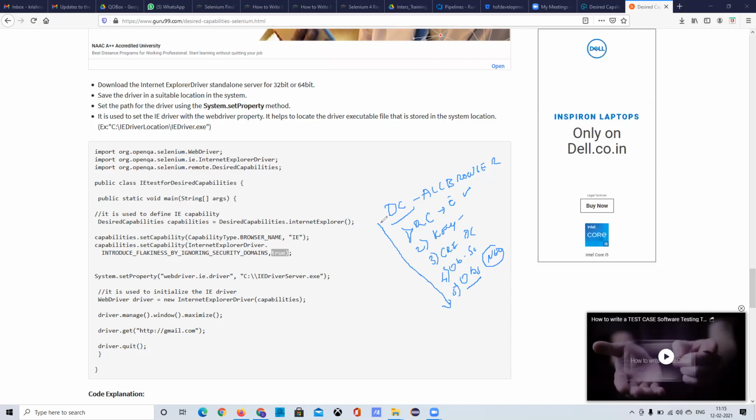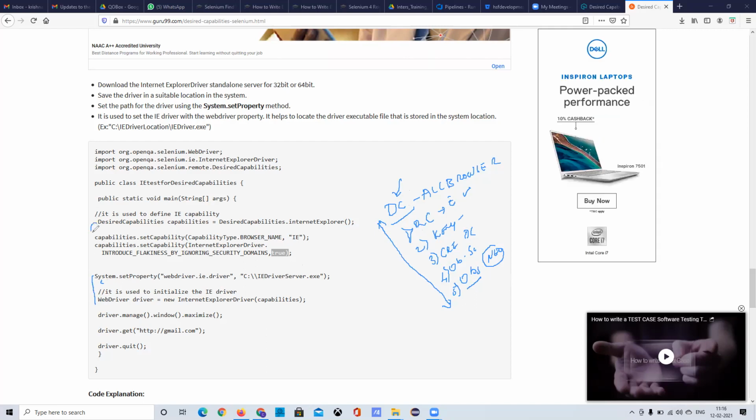Because if you go and see many of the videos, we will not find clarity about desired capabilities, and why we are not using desired capabilities here. If you understand it clearly, I'm setting my properties. All these days we have been starting our code from these two lines, and now these are the three lines we are adding. Why were we not adding the browser name here?